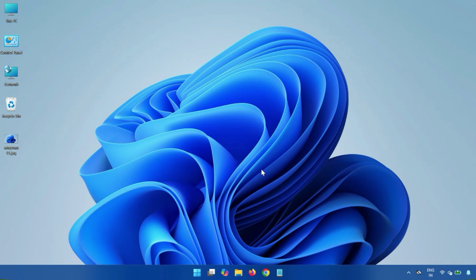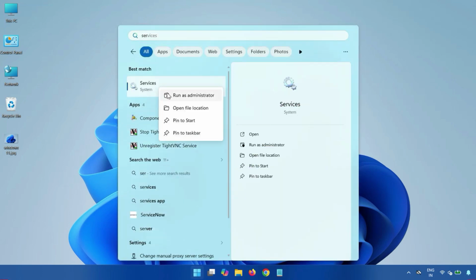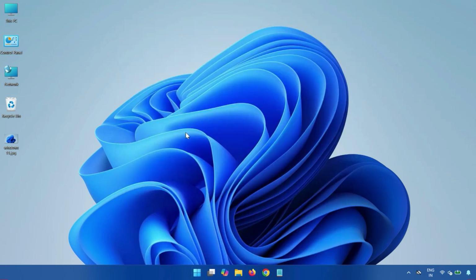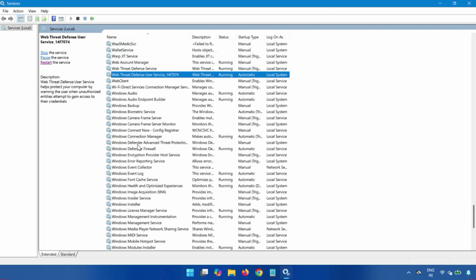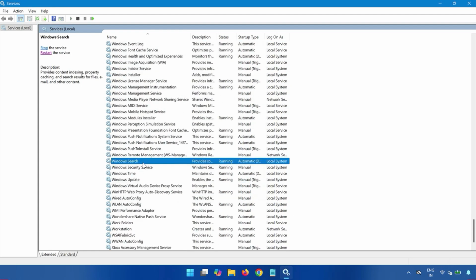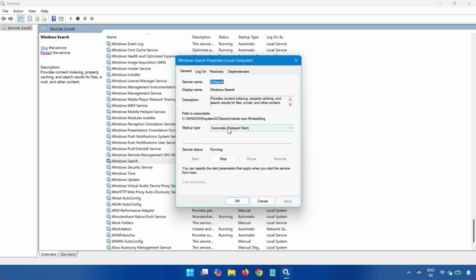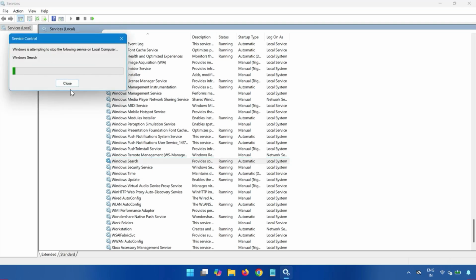Next, restart Windows Search service. So click Start and type services.msc. Right click to run as administrator. And after that, find the Windows, press W and find Search. So this is Windows Search. Just double click, select Automatic and then apply and OK. Then select Windows Search again and then click Restart